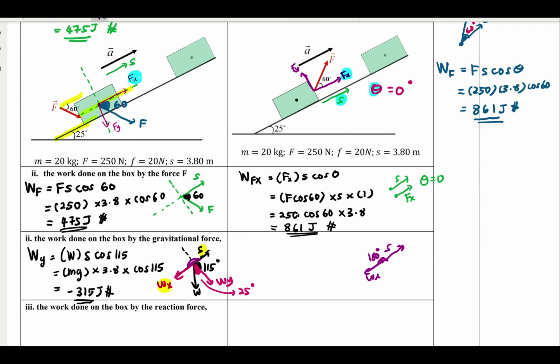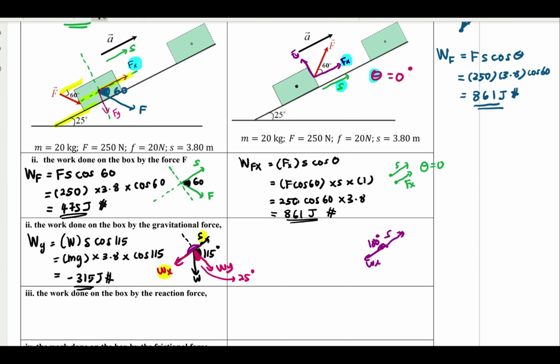Okay, sorry for the bad writing. Okay. Sebab saya tengah charge ni, so dia punya surface tu agak terganggu lah. Okay. Jadi, angle dia adalah antara WX and S. Kita tak boleh pilih WY sebab dia 90 degree dengan S. So, 180 degree. Okay. So, if we calculate the work done by the gravitational force, kita resolve pula, kita pilih